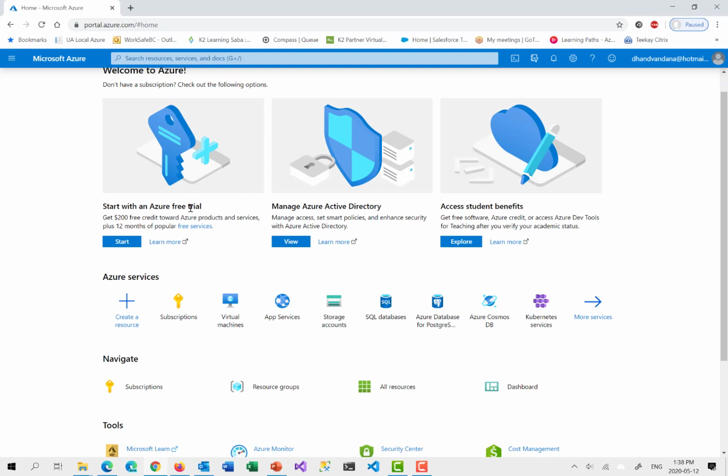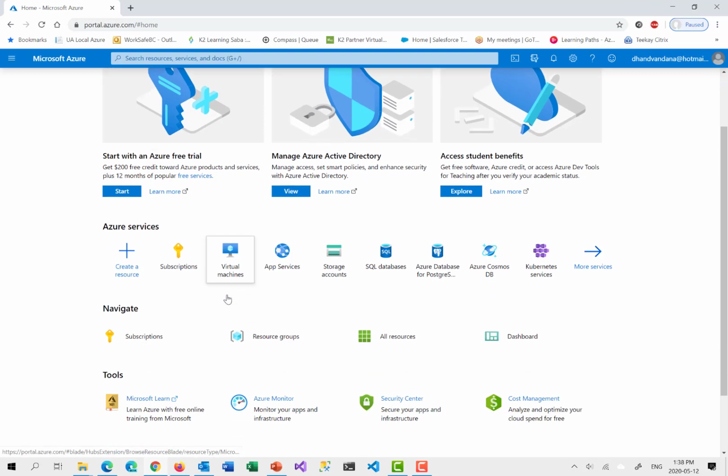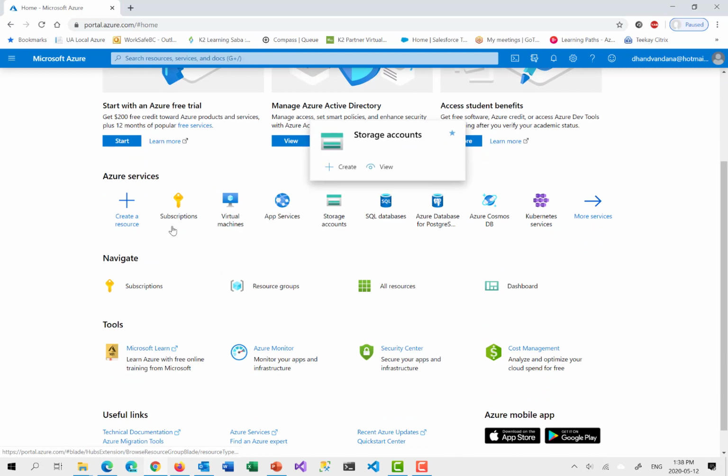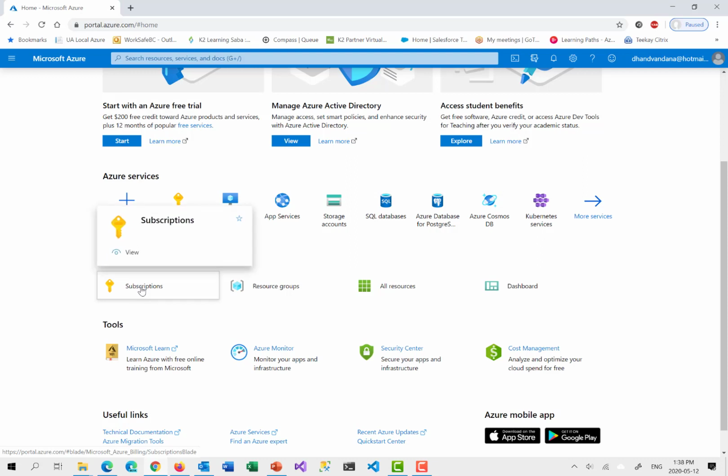What you want to try, whether an app service, some kind of container service, or any other services. This would be based upon different regions, and the currency would be different depending on the region you are based in. Because you don't have any subscription right now, you can't create virtual machines, app services, storage accounts. Firstly, you need to create a subscription over here, and we need to tie it up with this account. So once I click on subscriptions,